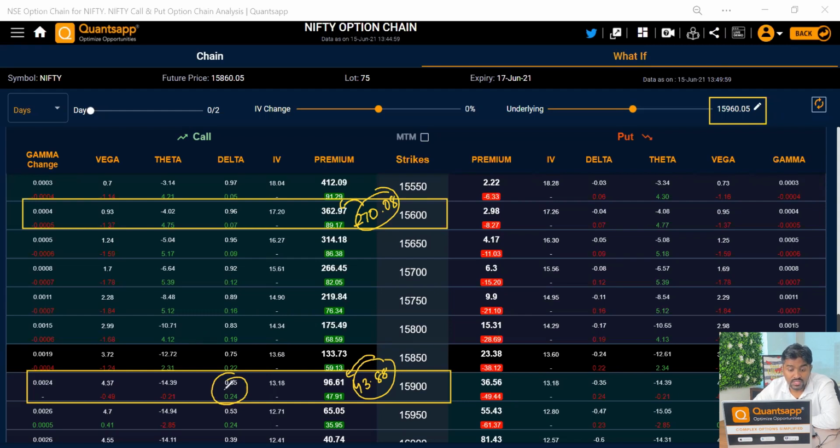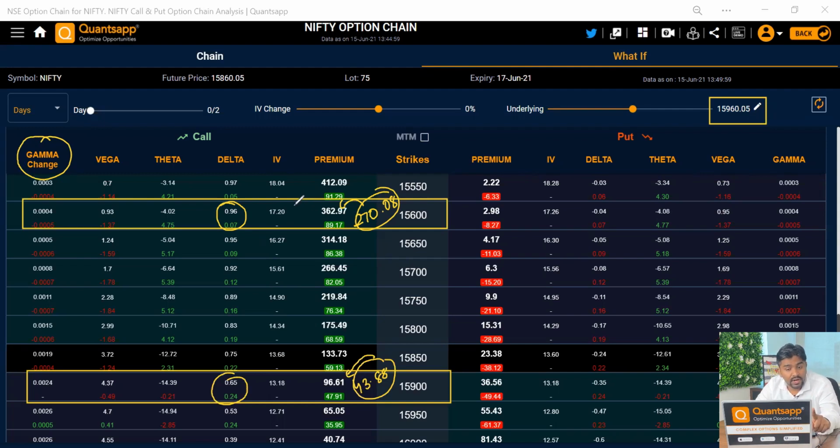So the change in delta is basically defined by gamma. That's why I haven't discussed this earlier. Delta and gamma are actually interrelated. Delta is not a static value. This particular strike price had a delta of 92 earlier. Now it has become 96. So the delta value keeps on changing, and that is basically affected by gamma. Gamma is the rate of change of delta with respect to change in spot price.